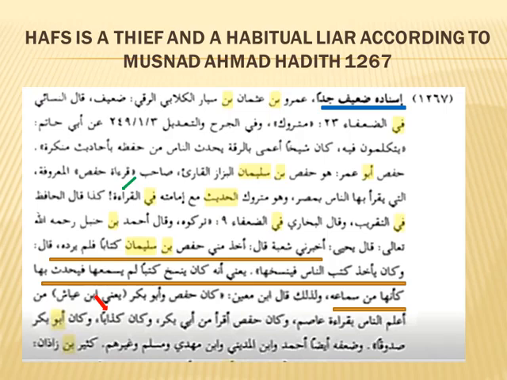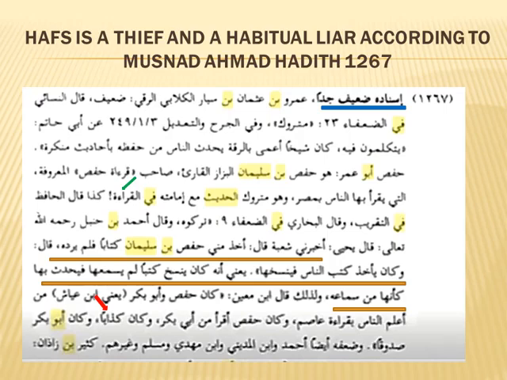Ahmad ibn Hanbal was not isolated in his view of Hafs. Many books cited in Islam the Honest Truth report Hafs as being a liar and a thief. Books such as Du'afa Saghir, Volume 1, page 35, Al-Majruhain, Volume 1, page 255, Mizan al-I'tidal, Volume 2, page 315, At-Tahdhib, Volume 2, page 21, Al-Jarh wal-Ta'dil, Volume 3, page 173, and many others. This is why no one took his testimony seriously.